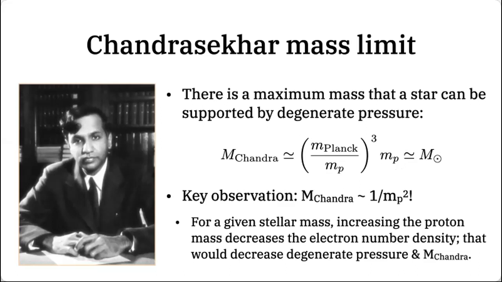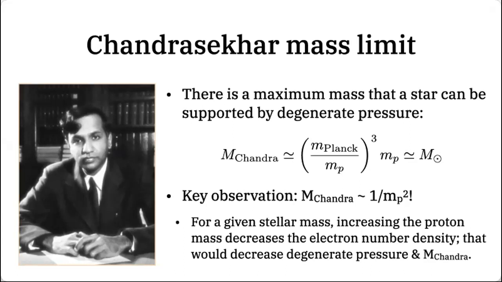And the key observation here is that the Chandrasekhar mass is very far from a fundamental property of nature. It's a property of our Standard Model. So if you have some mirror world, like a dark world, which can have some heavy proton-like particles, then for that dark matter world, this Chandrasekhar mass can be very small, smaller than 1.4 solar mass. And that was the basic starting point of this project. That's the way that we can cook up small mass black hole binaries from stellar evolution, but not in our usual stellar evolution, but the dark matter stellar evolution.